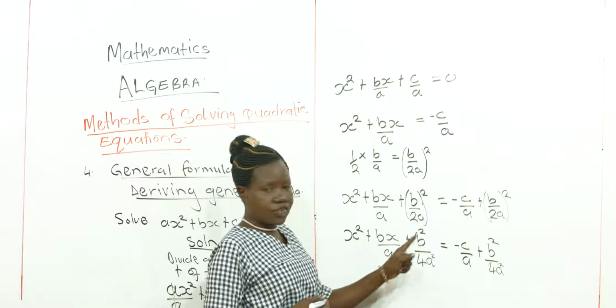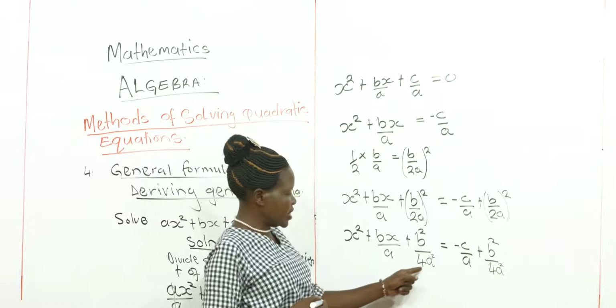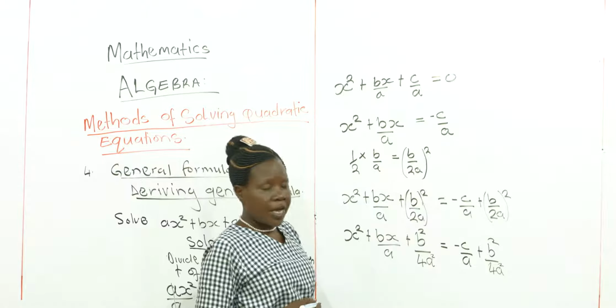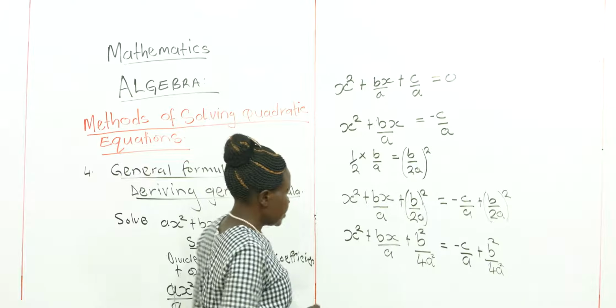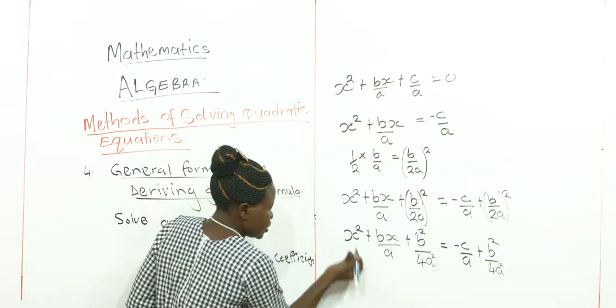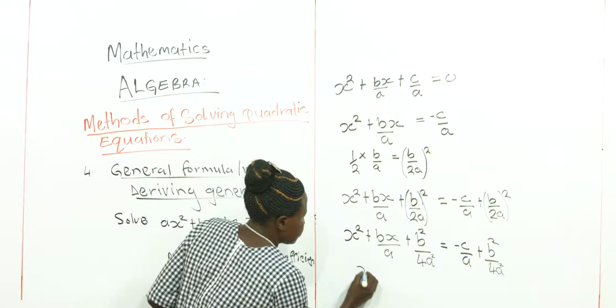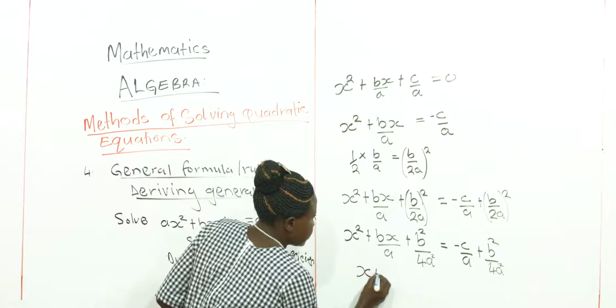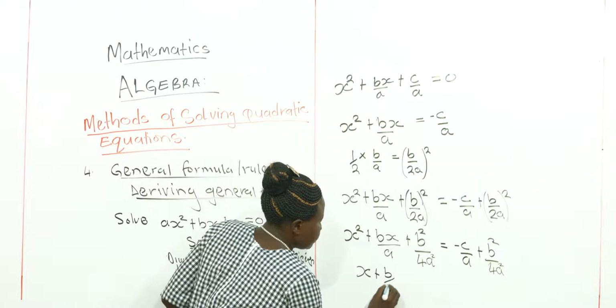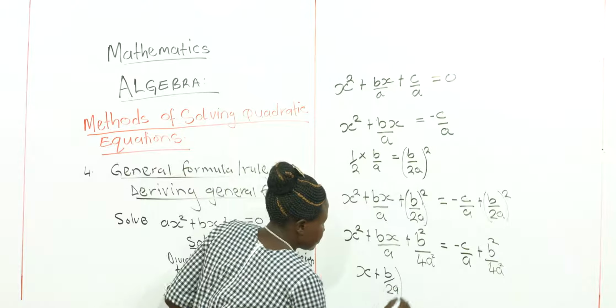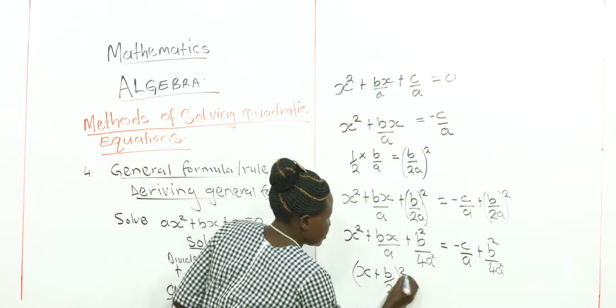If I break here, it will be b and b, and here 2a and 2a. Then when we break this, we also get x and x. So we shall get (x plus b out of 2a), close the bracket, square it,